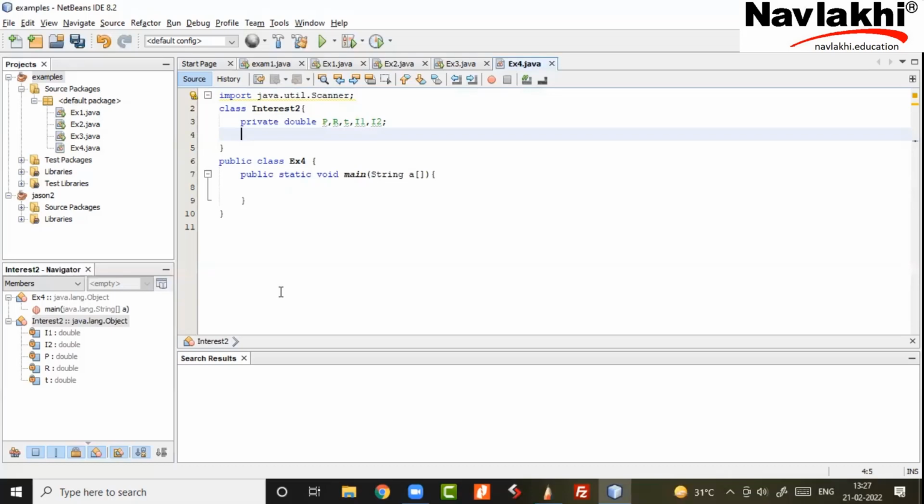Means as a class designer, I am not supposed to talk to the client. Means I'm not supposed to create a scanner object and do next int or next double. I'm not supposed to do system.out.println. So those two things I am not supposed to do. So then how do I do input and output? It's by a range of getter and setter functions.